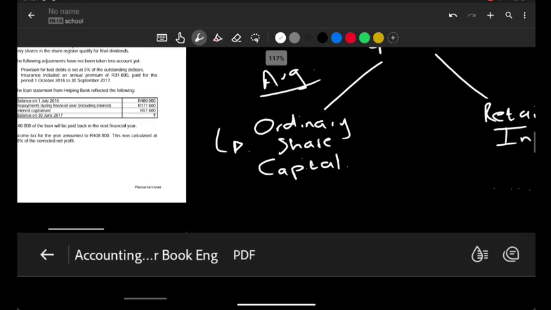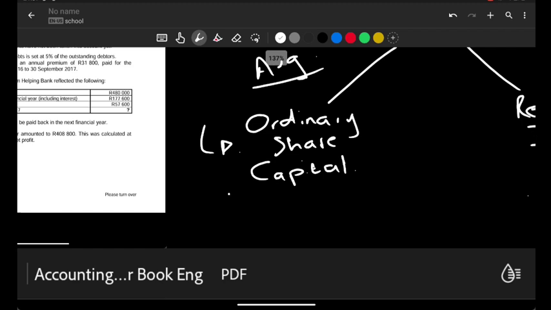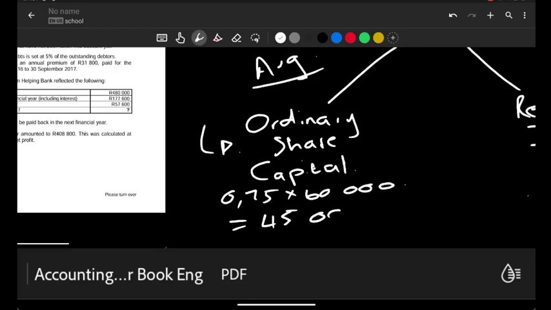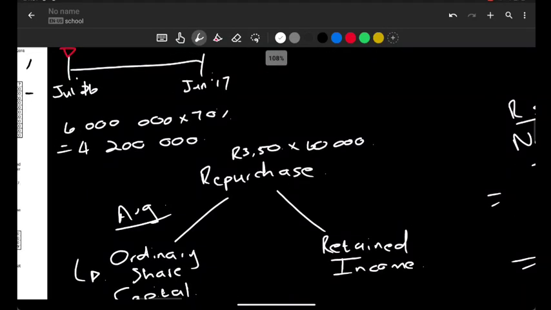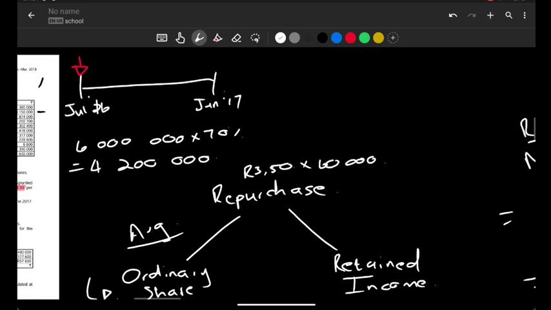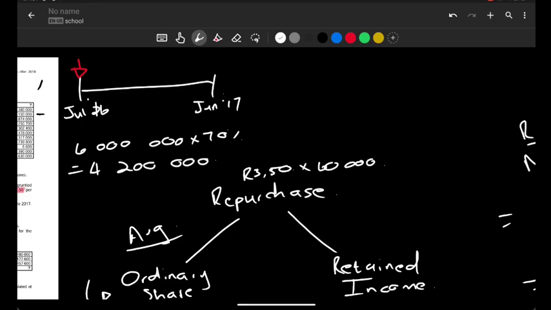So from the ordinary share capital, we're going to say 0.75 multiplied by 60,000 shares, and that equals 45,000 shares. Right, that's the amount that's going to come out here. Right, so to just show you how all of this works, in total 350 multiplied by 60,000 shares, that should give us